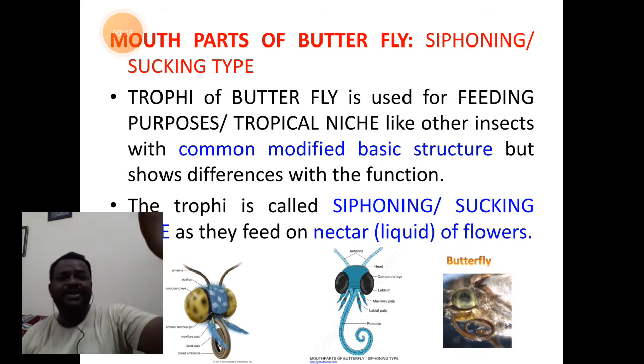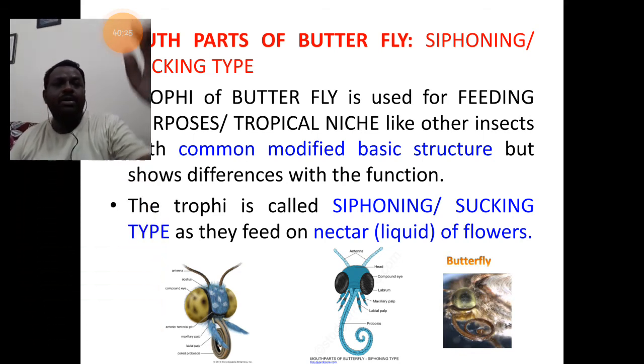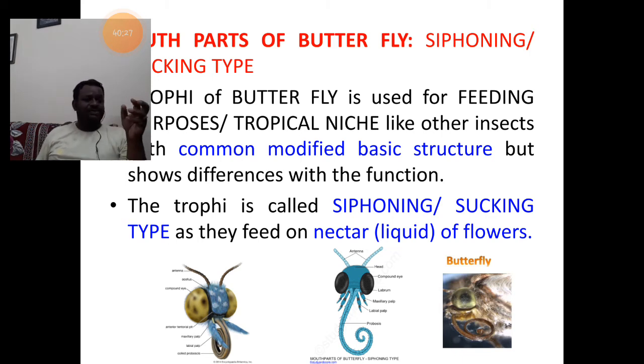Because the adults will feed on the nectar of flowers, which is in liquid form. When it is in liquid form, the siphoning or sucking type of mouth parts is what the animal requires, for which just a proboscis is enough. Now,